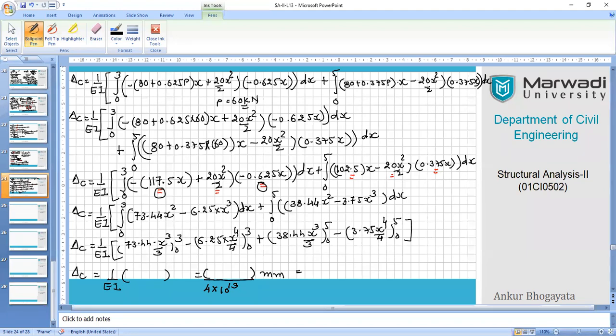Here it is 5, and here in these two terms it is 3. So let me highlight that portion for your easy reference so that you don't make any mistake. This is 3, this is again 3, this is 5, and this also is 5. So please give me the numerator value, and I'll be waiting for your answer for the next 2-3 minutes. Raise your hand once you are done.